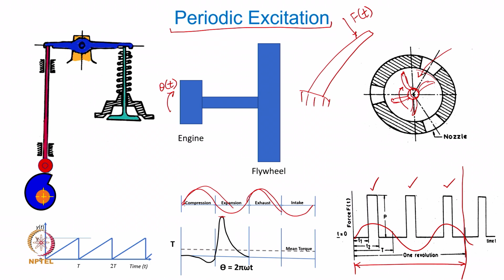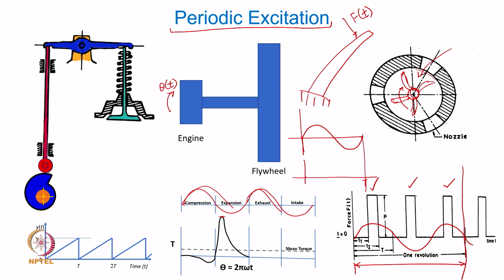Now, you all understand clearly that there is a difference between a periodic excitation and a harmonic excitation. What is the difference between the two? We have been discussing that our excitation is harmonic, which actually means that it is a single frequency excitation defined by cosine omega t or a sine omega t, whereas